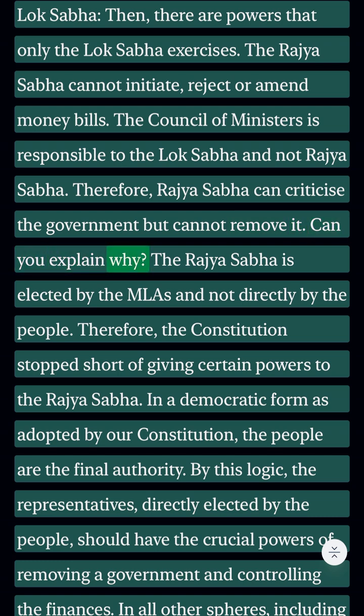Can you explain why? The Rajya Sabha is elected by the MLAs and not directly by the people. Therefore, the Constitution stopped short of giving certain powers to the Rajya Sabha. In a democratic form as adopted by our Constitution, the people are the final authority. By this logic, the representatives, directly elected by the people, should have the crucial powers of removing a government and